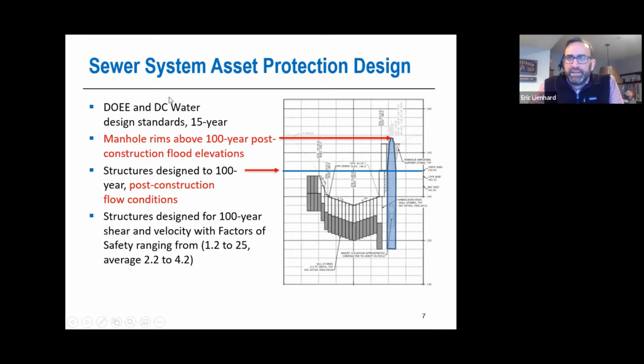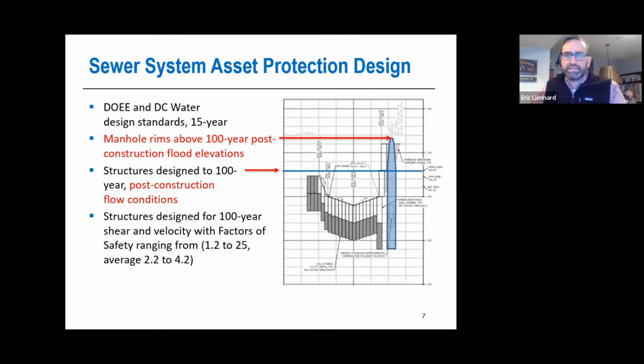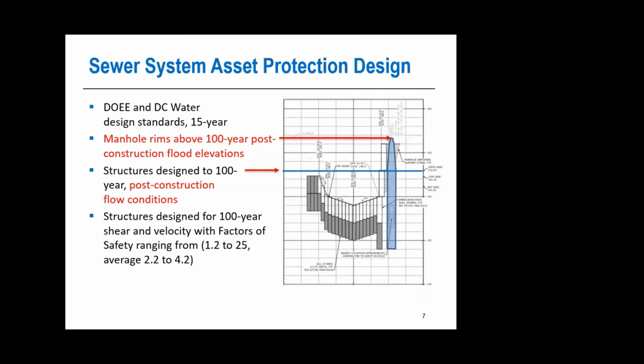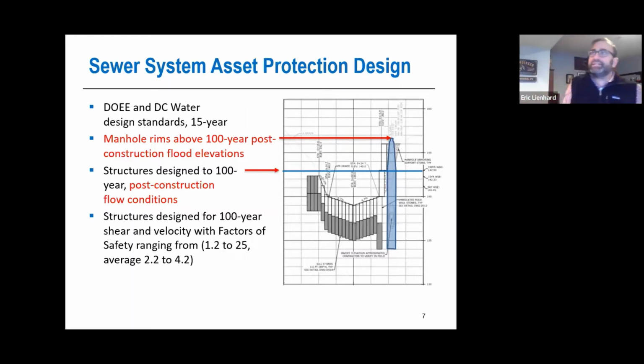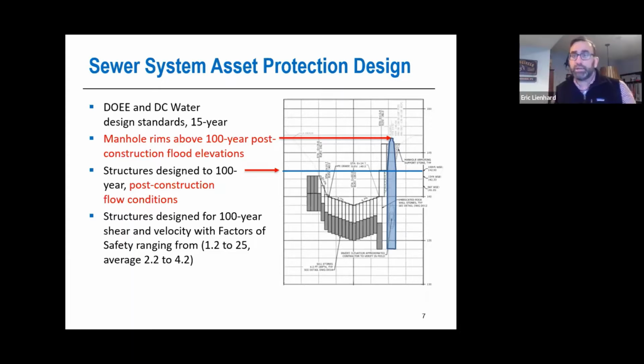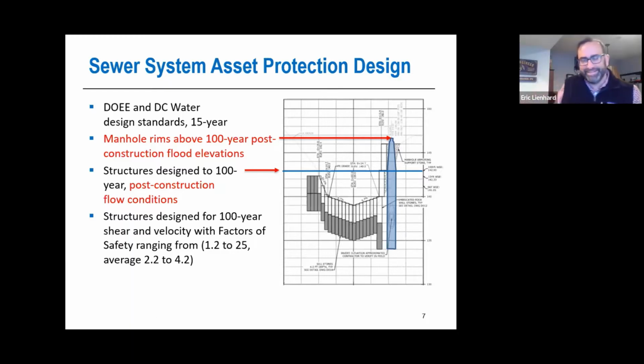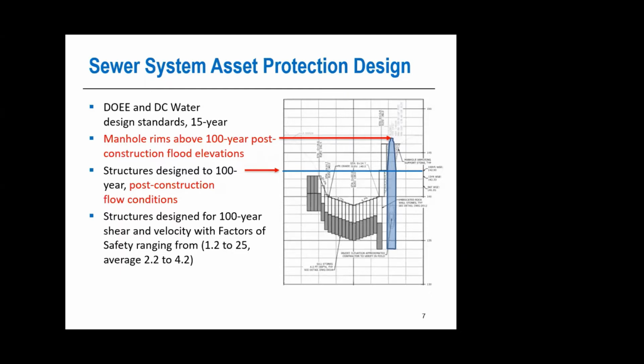I was a floodplain manager career-wise at FEMA. So you put a factor of safety in here for velocity based on the model you used. Is that what you're saying? That is correct. For designing them, for protecting the manholes on the outside. So yes, this is for the shear and velocity forces of the water. So that's what the HEC-RAS model would account for. Right, exactly. Okay, so that you'll determine the amount and size of stone. I think that's what you're going to be using to protect the manholes, because there are several, the 8 or so, that are literally sitting there exposed to really getting impacted by some tree, major stone, or some other thing